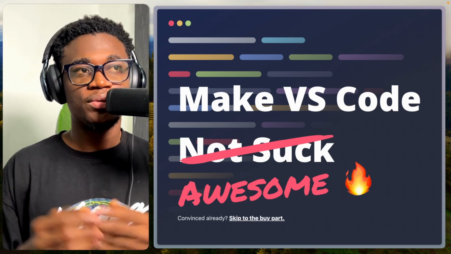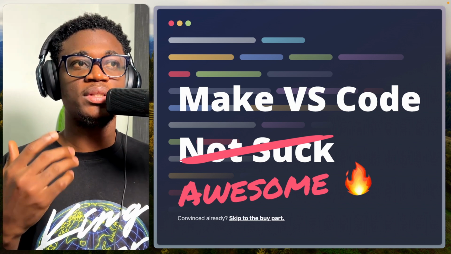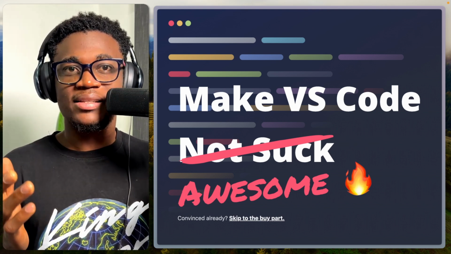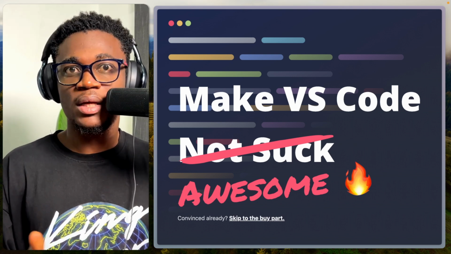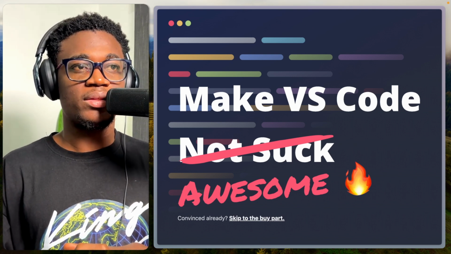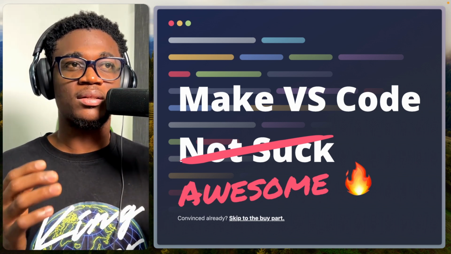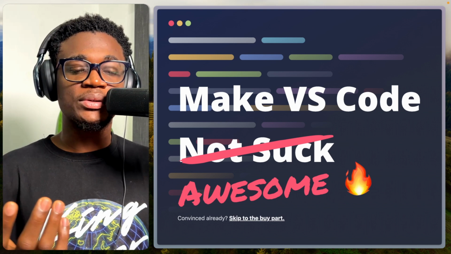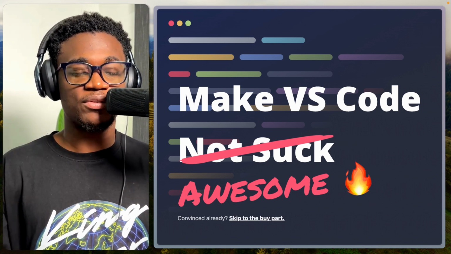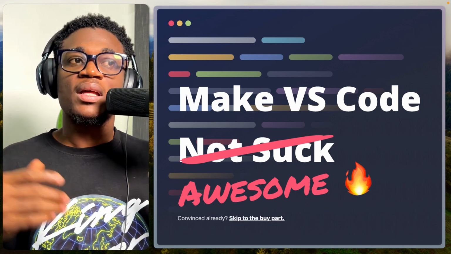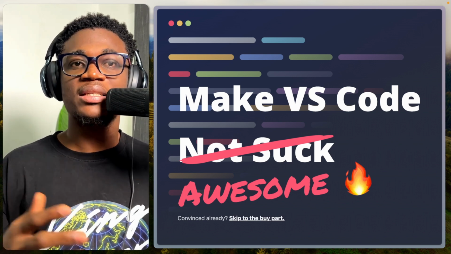So, my journey to this current look of my VS Code editor started all those years ago, and it started by a person called Caleb Porzio, who is the creator of Livewire and also Alpine.js. So I think it started off with tweets of what he was doing to make VS Code less cluttered, and I've always loved a minimal look of things, and even the way I work, I just like minimalism. So he started off doing some tweets, which I was copying some settings here and there,